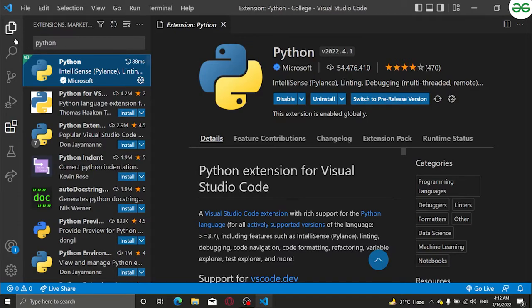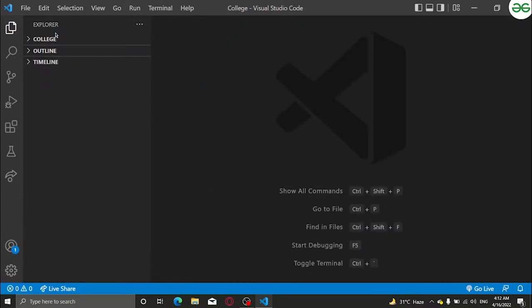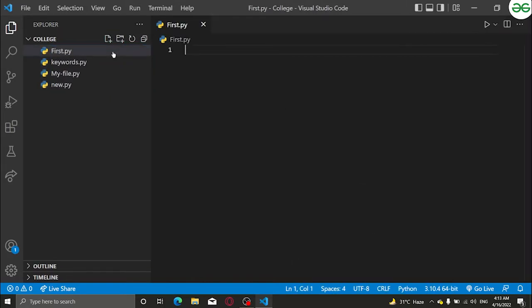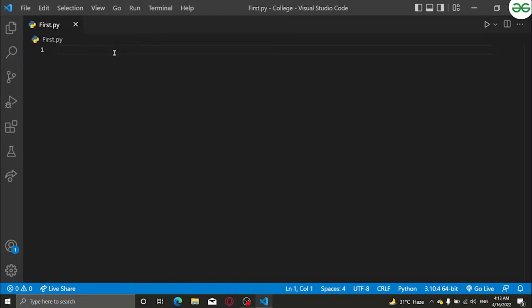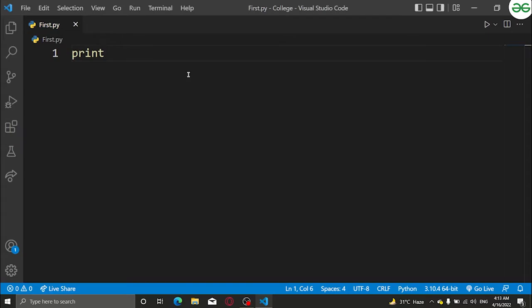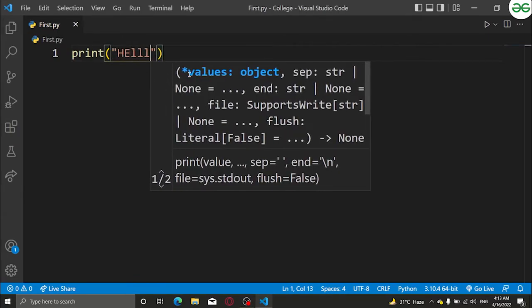Why I'm doing this is because when we will be writing code in Python, right? I will write here first dot py. I have written first dot py here in Python. So suppose I write print. Whatever suggestions I'm getting, snippets, user snippets, this is what helps me run more efficiently, like print hello world.